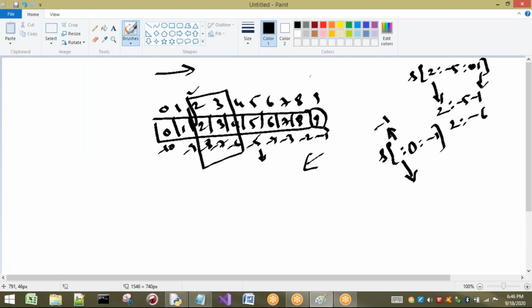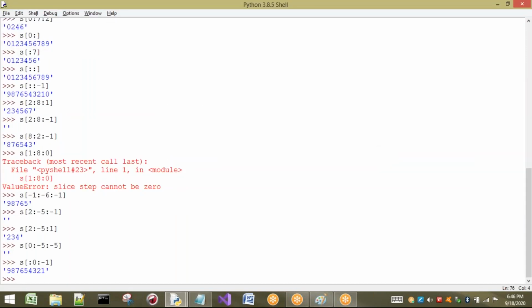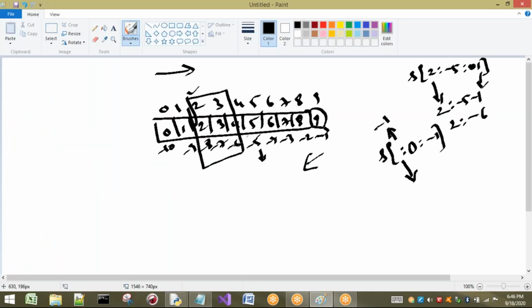1 to 9. Okay, why it has taken 1 to 9? So 9 to 1 it has taken. So we know that why it has taken only up to 1. Reason is, here what is there? 0 is there. So it is reverse direction. What we have to do? 0 plus 1. Once again I am repeating. So here colon is there, here 0 is there, here -1 is there. So which direction it is?